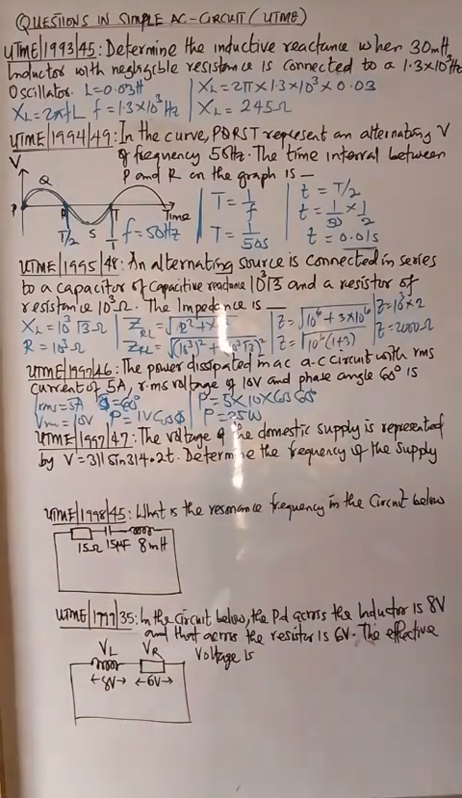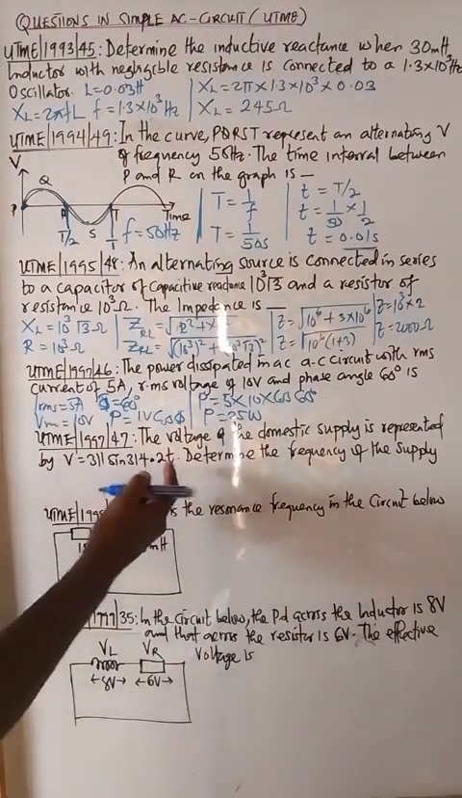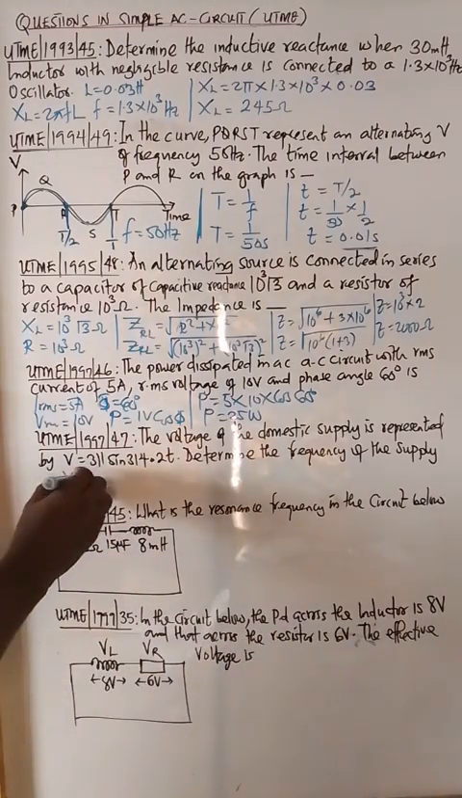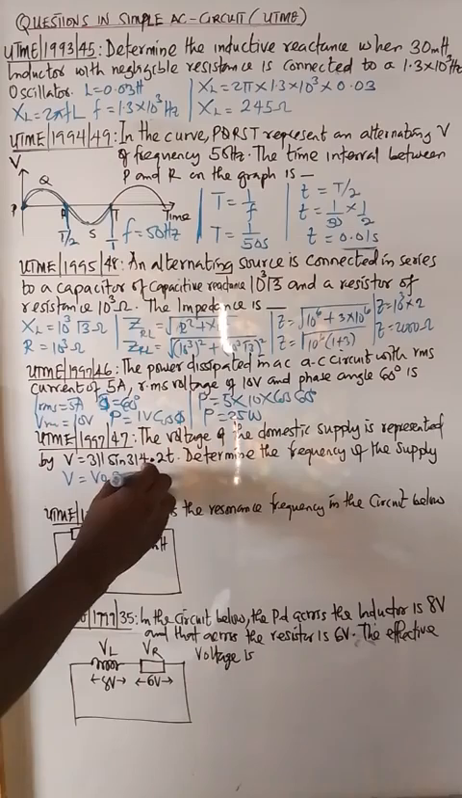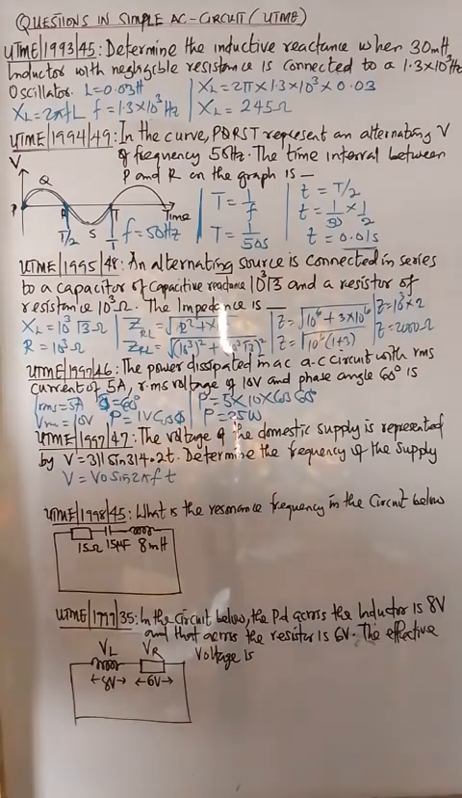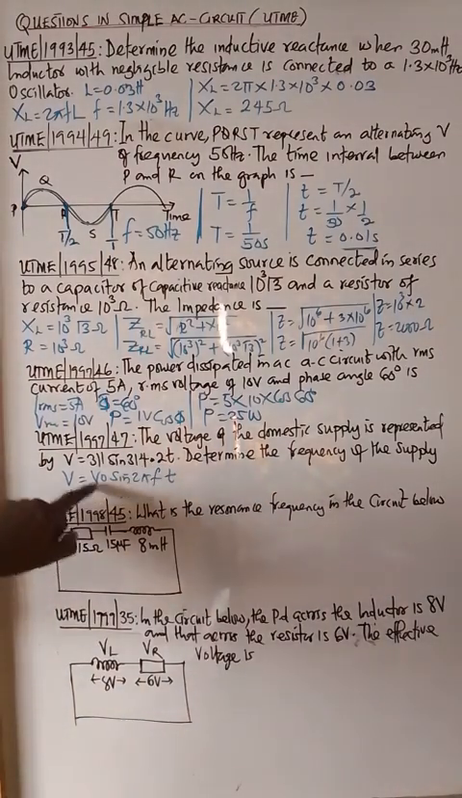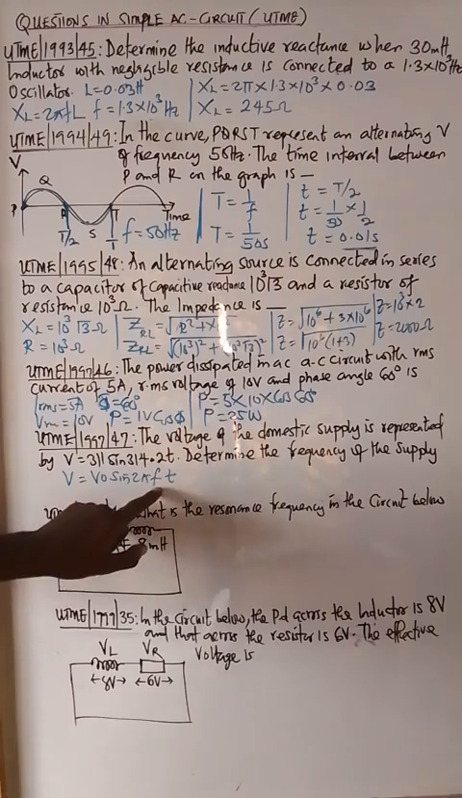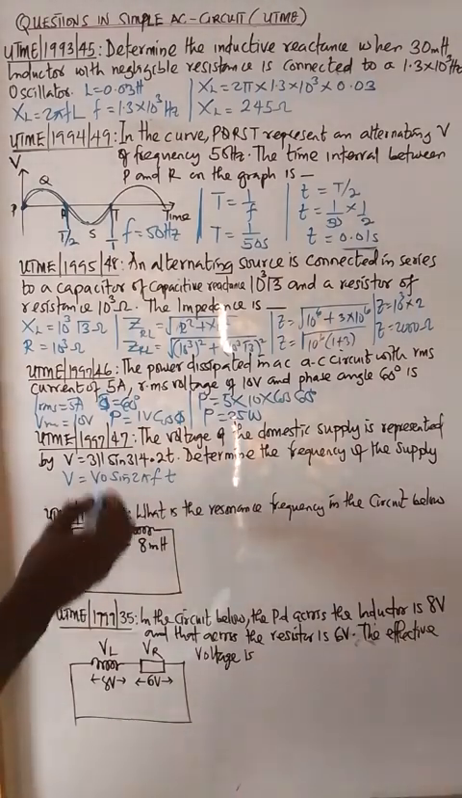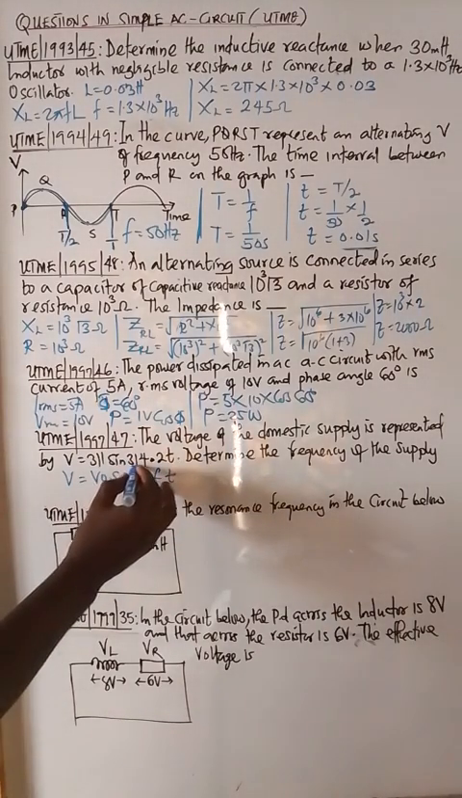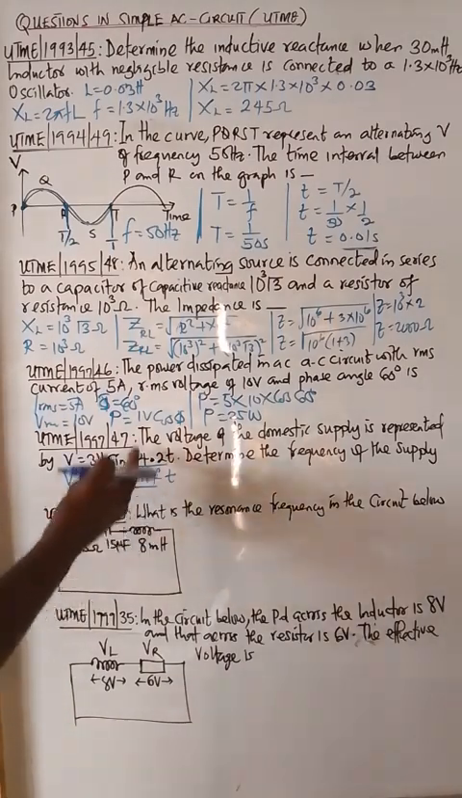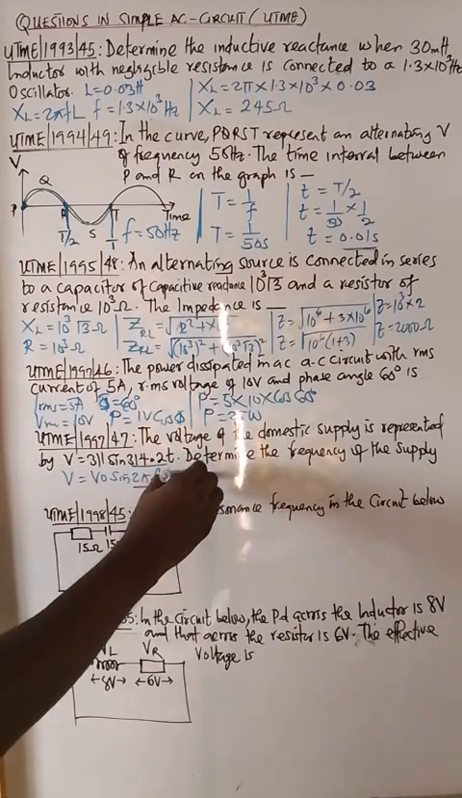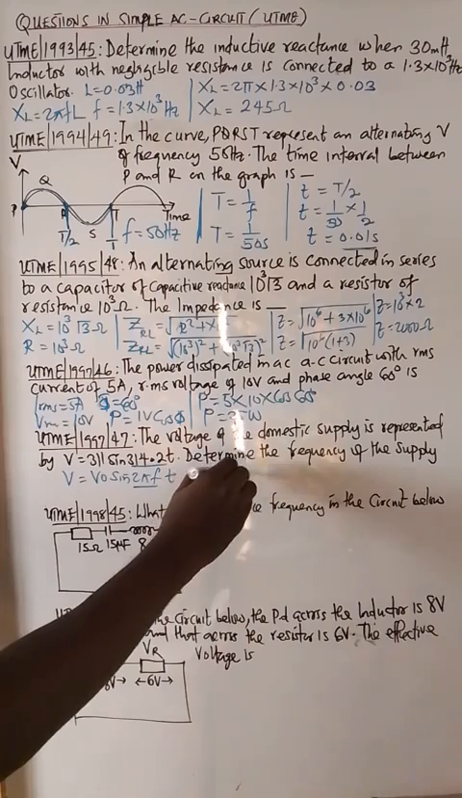Next, the voltage of the domestic supply is represented by this. Determine the frequency of the supply. This is for instantaneous voltage. What's the general formula? Vt equals V naught sine 2πft. If you compare, the maximum voltage is 311, but that's not our concern. Our concern is to get f. Beside t here we have 314.2, and in the formula beside t we have 2πf. So if you compare both, it means 2πf equals